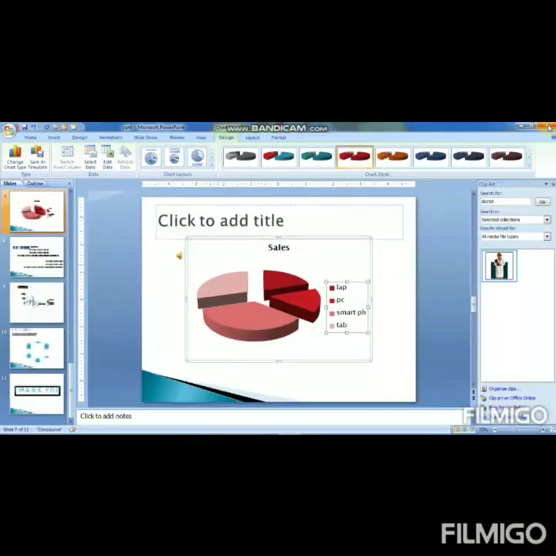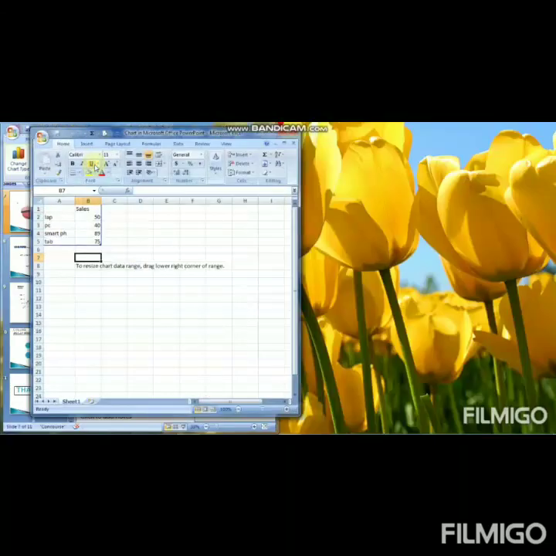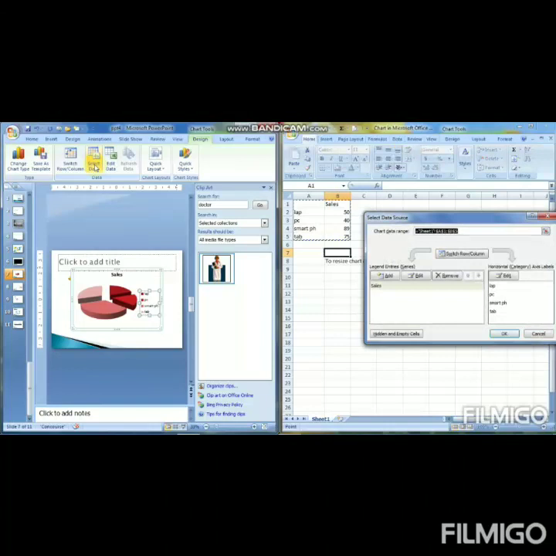Not only this chart, whichever type you are using, the same database is available. The edit data option is also available, and the select data option is also available. Select data is nothing but if you want to give a chart for a particular place or a particular cell like this, you can use the select data option.